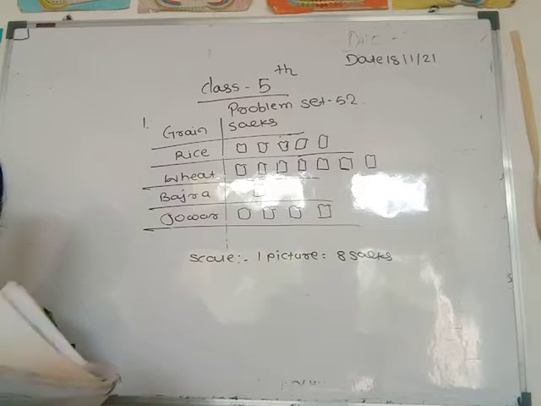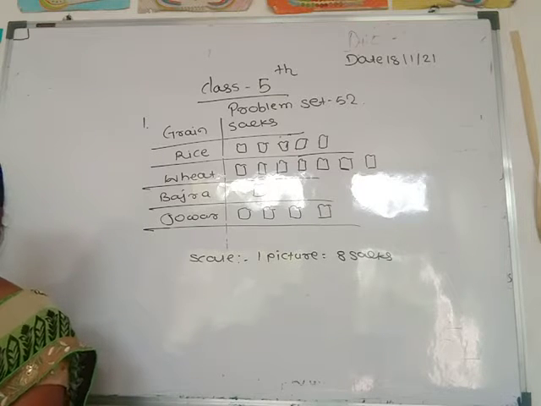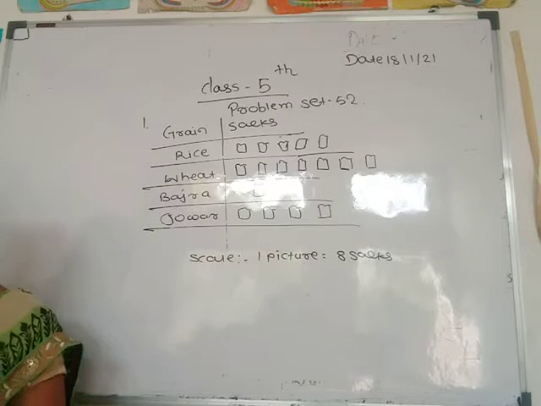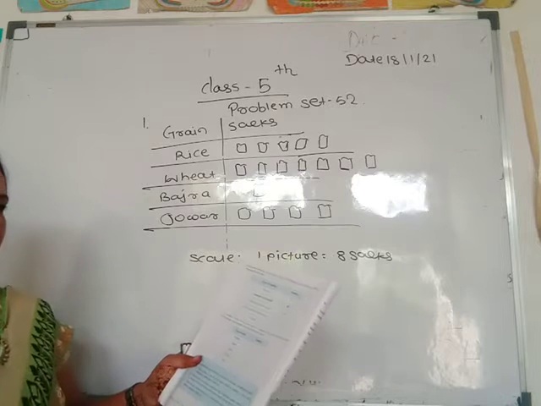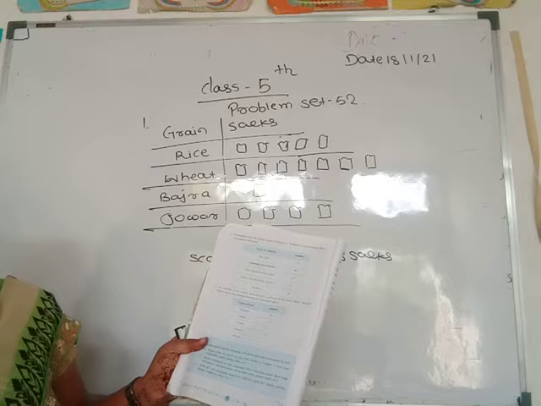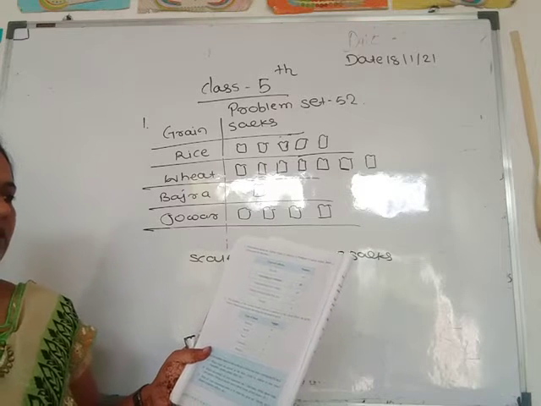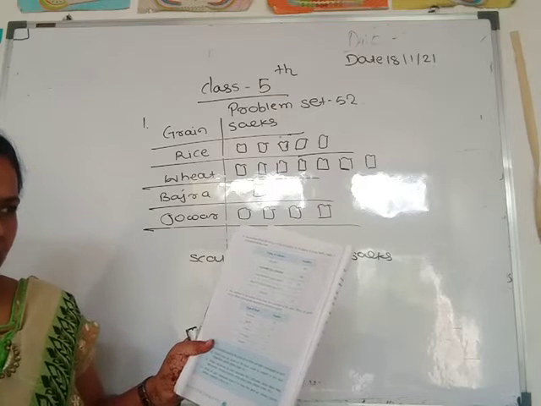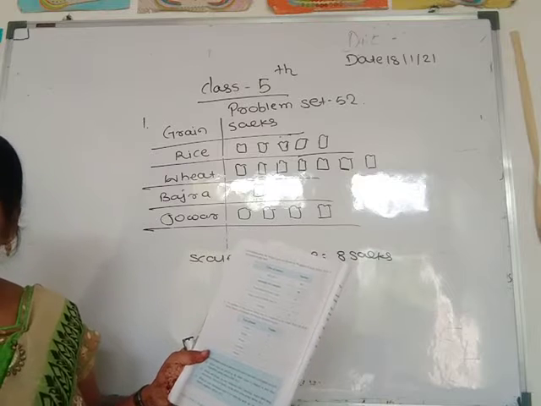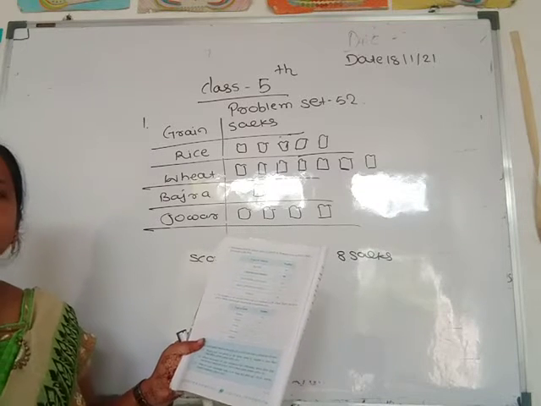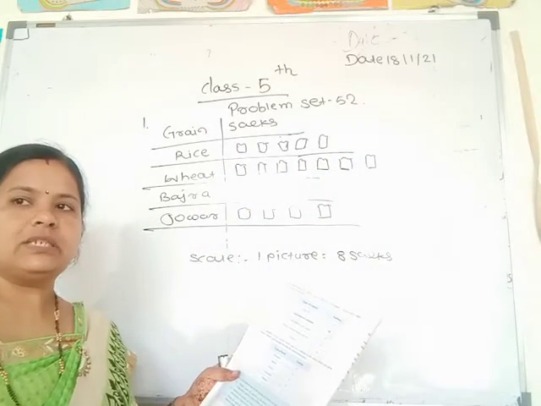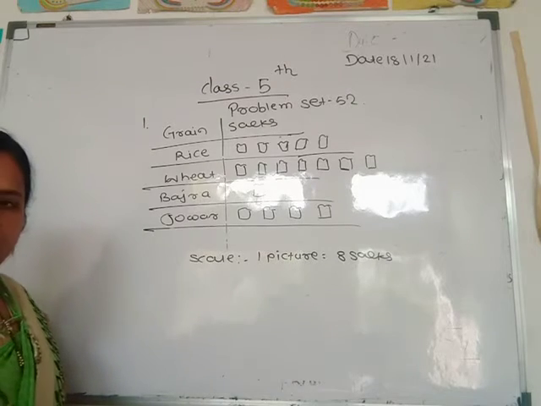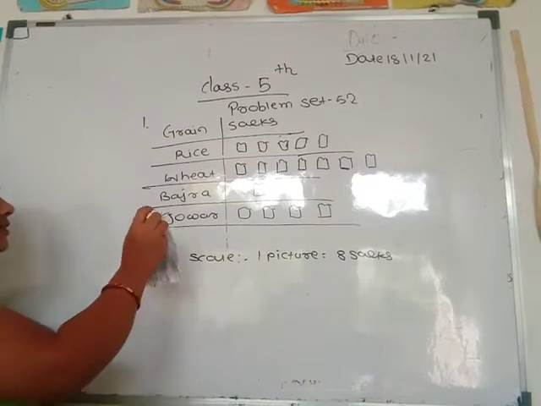Then second one, see. Information about the various types of vehicles in Vadgaon is given below. Make a pictograph for this data. See here, information about the various types of vehicles is given: bicycles, automatic two-wheelers, four-wheelers, heavy vehicles and tractors. Numbers 84, 60, 24, 12 and 24. All these numbers are in the table of 12. Then you write here one picture is equal to 12 vehicles.